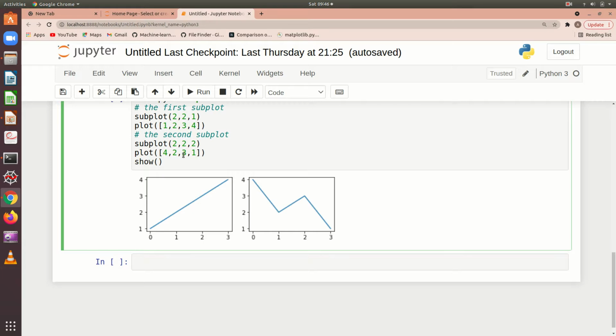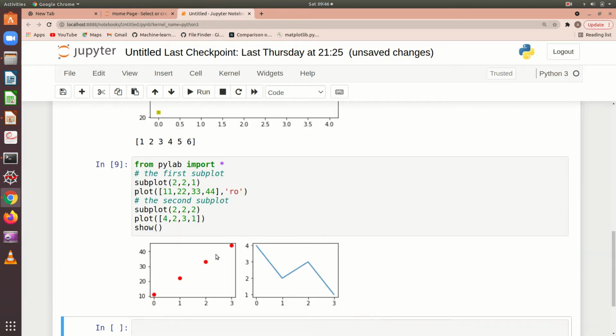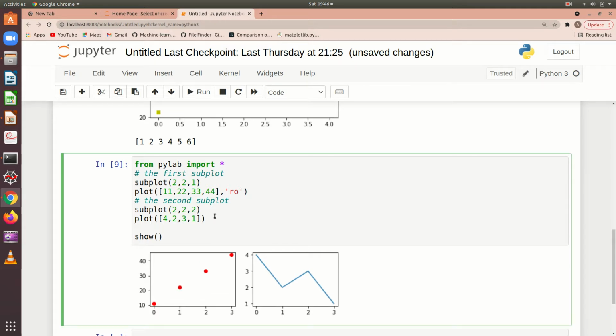Suppose I give the values 11, 22, 33, 44, and I give it in red circles. If I run it, it comes like this. This is the first plot and this is the second plot. Since I have divided it into 2 comma 2, maximum I can have 4 plots. So let me go for another subplot.